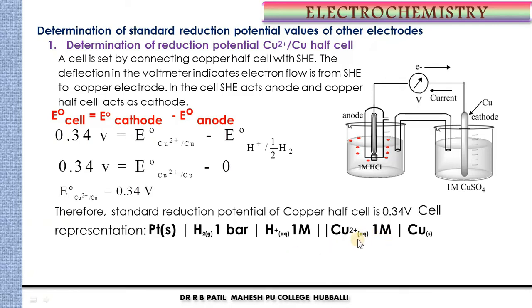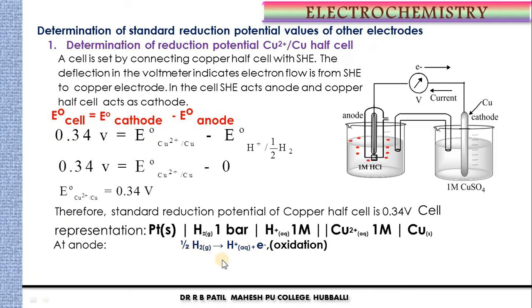Okay, and on the right hand side let us represent the reduction electrode, that is Cu2 plus 1 molar concentrated, and Cu. A single vertical line indicates phase change, and both the oxidation half cell and reduction half cell are separated by what, students? Two vertical lines that indicate presence of salt bridge in the cell. So let us see the reaction.